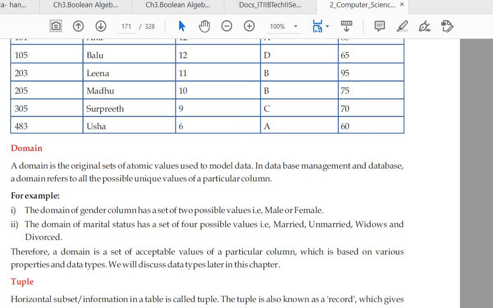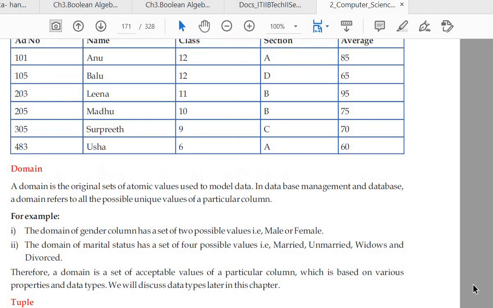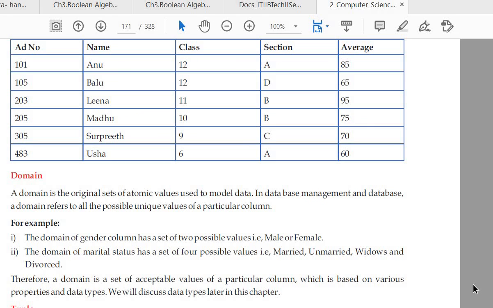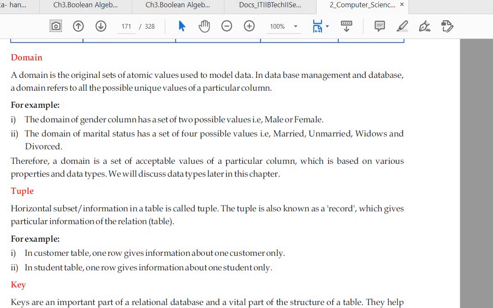Now I will give you an example. I will show you what the domain names are in the table. So we can say domain is a set of atomic values.